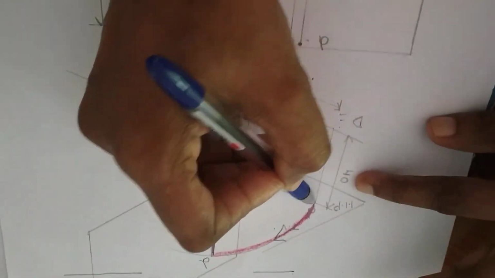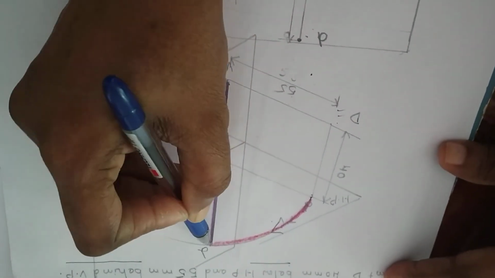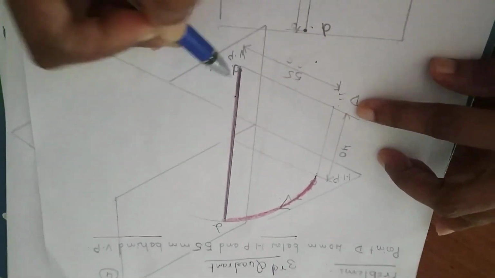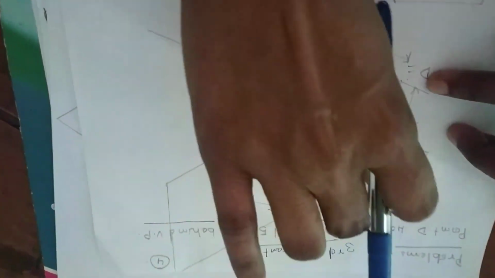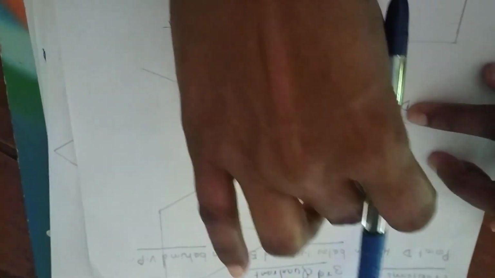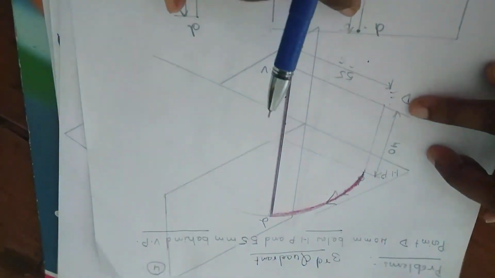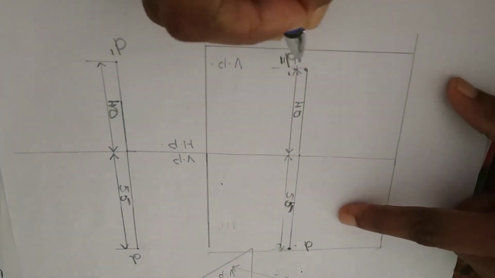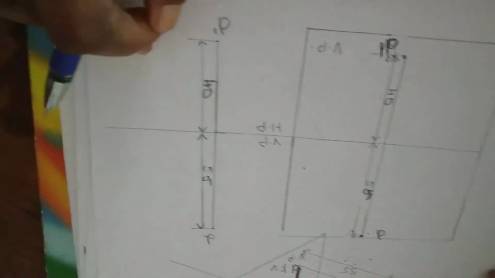Fine. Now when I rotate this plane, the HP plane, at the top in the clockwise direction upwards, the D point always moves here. When the D point moves, you can see that D dash is 40. D dash is 40 here. The 55: when I rotate here, this 55 distance goes upward. So this point comes at 55. See here, this is my 55 and this is my 40. So here are the front view D dash and top view D. The orthographic projection I have also shown here.